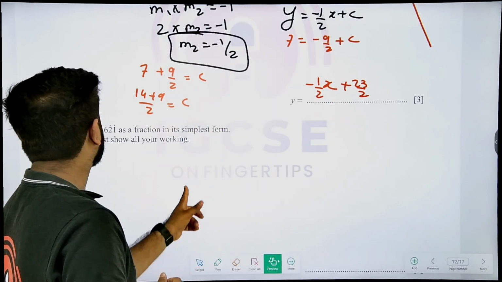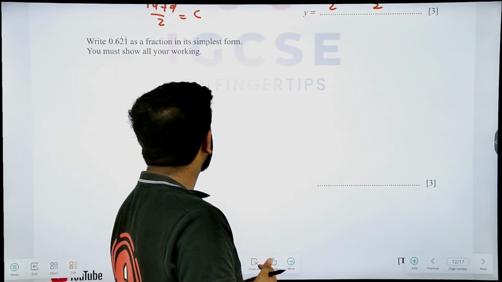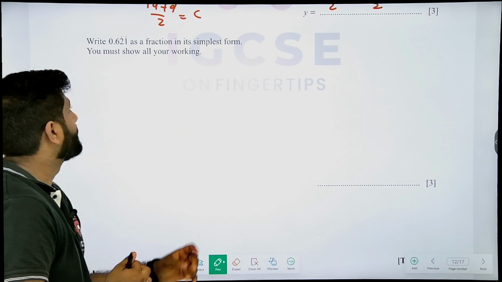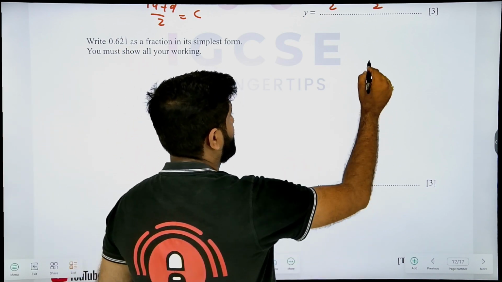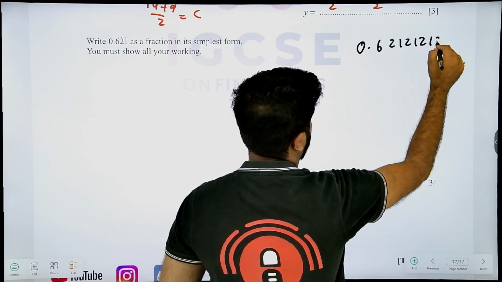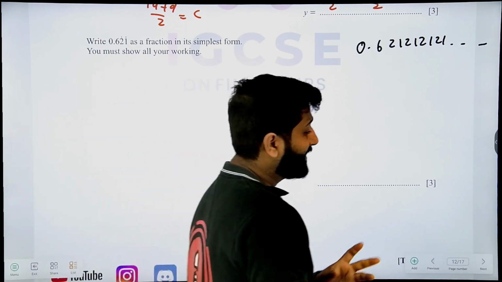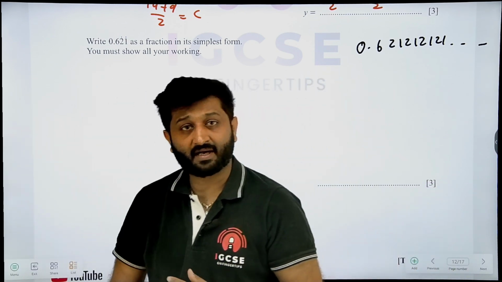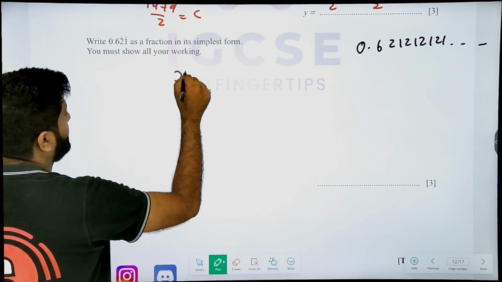Now the next question. Write 0.621 recurring as a fraction in its simplest form. Now guys, you can see there are two dots on 2 and 1, which means this is getting repeated. So you have 0.6, 21, 21, 21, 21 and so on endlessly, right? So now I know that two digits are getting repeated, which are 2 and 1. So what is the way of writing this? I'll rewrite this as x as